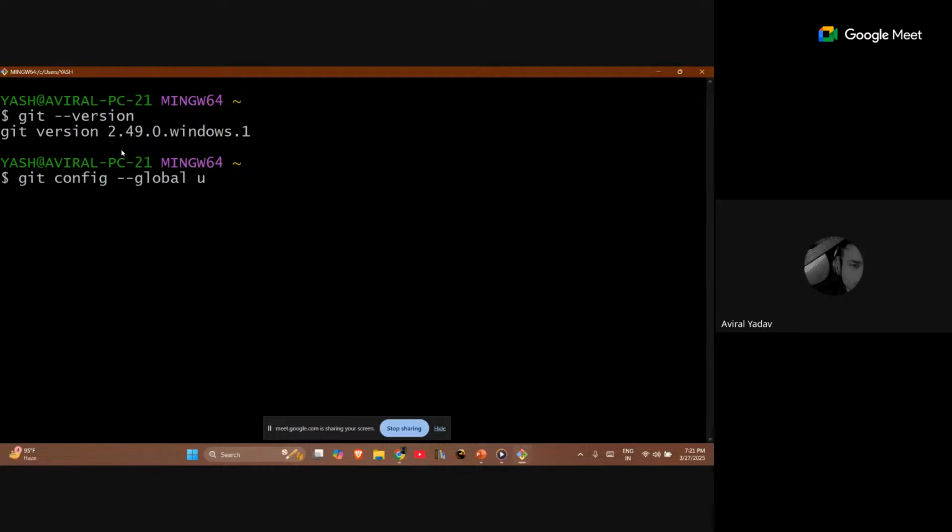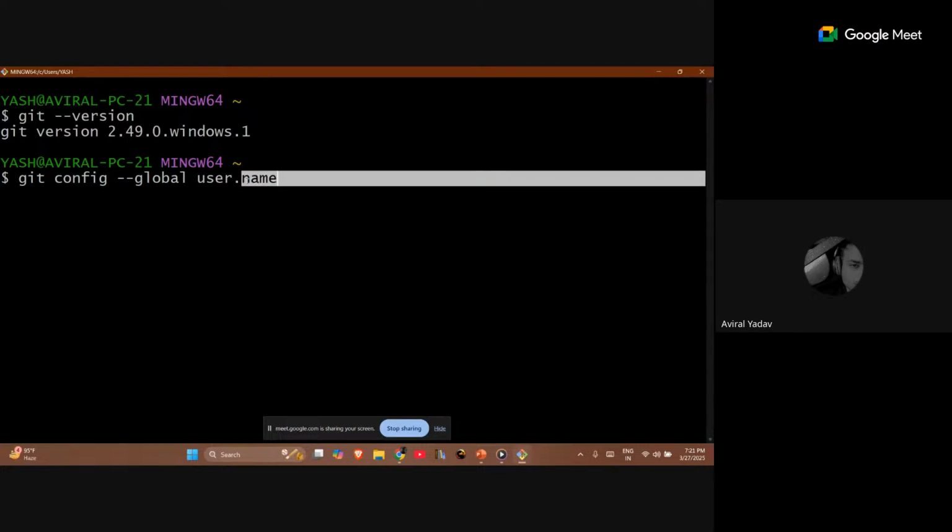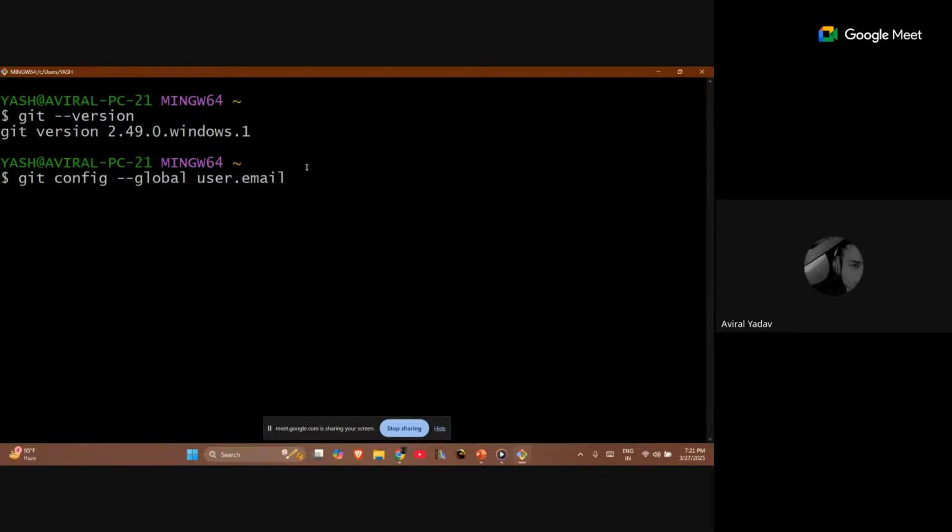Then you just add the username that you want to have here. Whichever username I'm not writing it here, just whichever new username you have created the account with, just use that and press enter. And after that, the user email ID that you have used to access it. The username will be the first step.